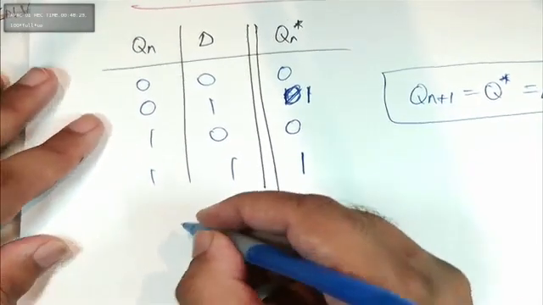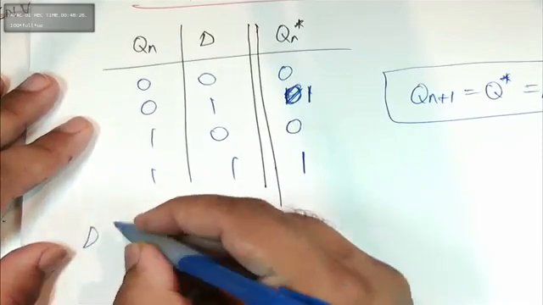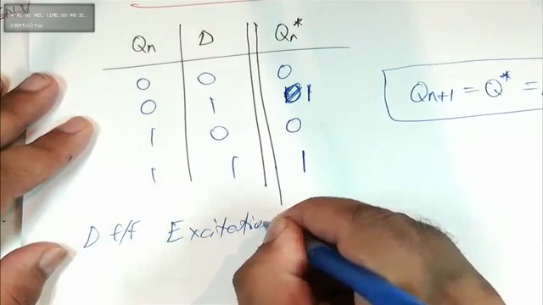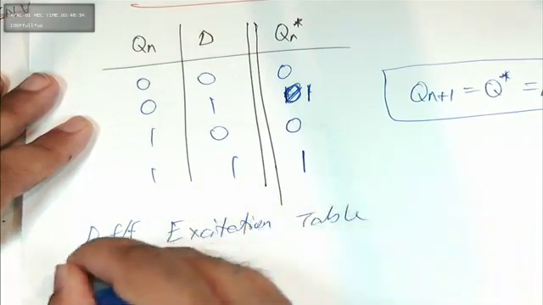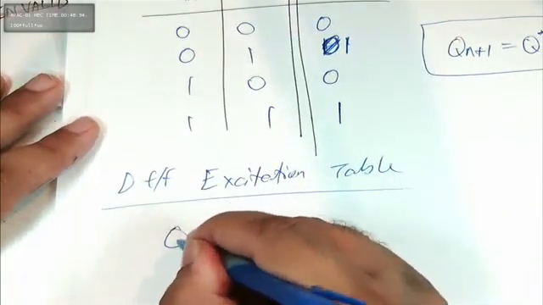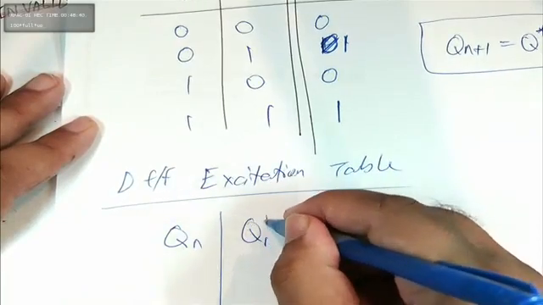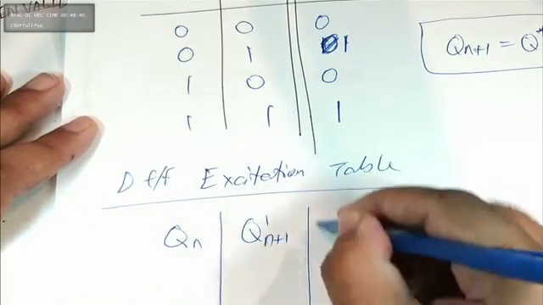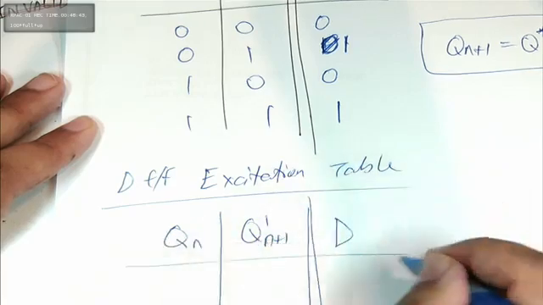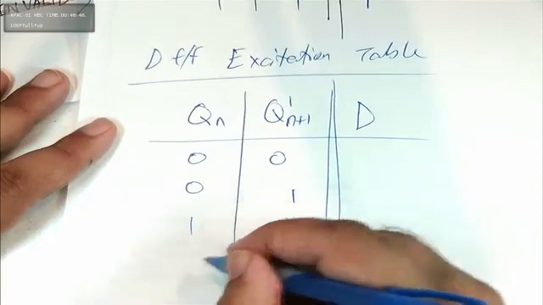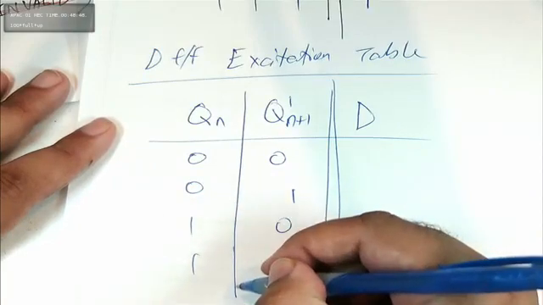Now, what about your excitation table? D flip-flop excitation table. For the excitation table you have Qn, you have Qn plus 1, and you want to find out what your input D will be. So you have 0 0, 0 1, 1 0, 1 1. And all you got to do is read